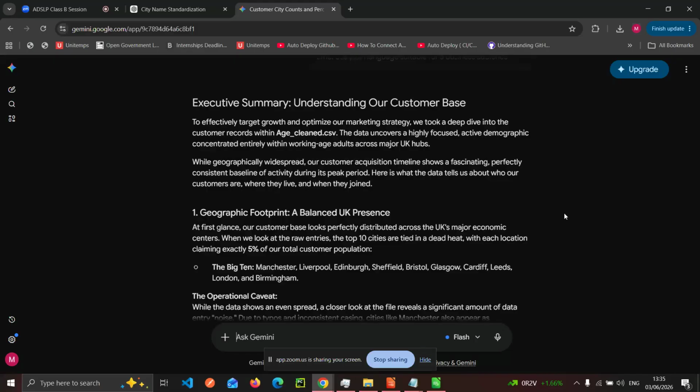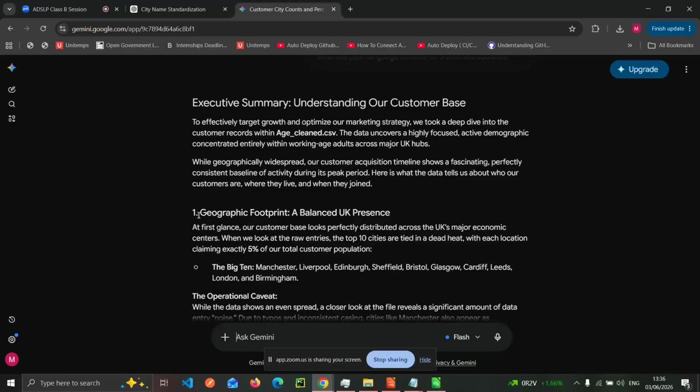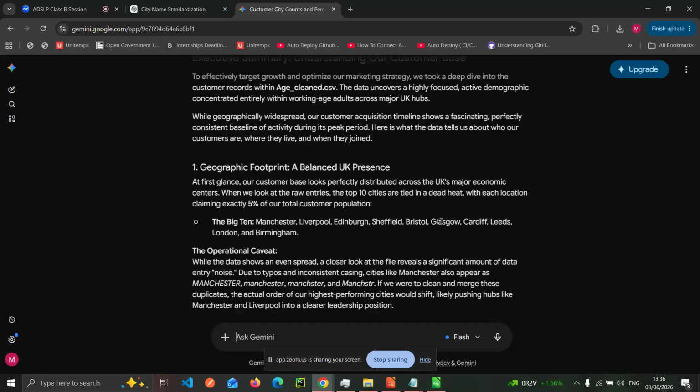That is, the executive summary is understanding our customer base. So you could use this in your presentation or in a conference for the audience to understand what the data is all about. And you could see here that one of the aspects you could talk about is the geographic footprint. That is a balanced UK presence. So just picture yourself on the stage talking to people, and you utter this paragraph,